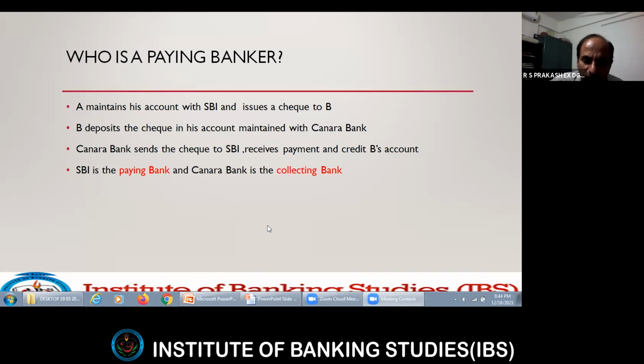No. See, while you are endorsing, you are not mentioning the date. Even if the date is mentioned, it is irrelevant. Only the date of the check is very, very important for the bank. The date of the check, 3 months from the date of the check, is the life of a check. Within that date, if it is presented either on that date or after that date, within 3 months, the check will get paid, and the date of endorsement on the back has no relevance.